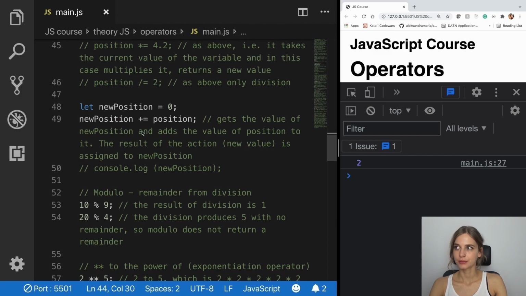The same way, we don't have to only treat numbers, but we can take another variable. So for instance, here I've created a new position with the value of 0. And now I want to assign a new value to my new position. And this notation here means nothing but